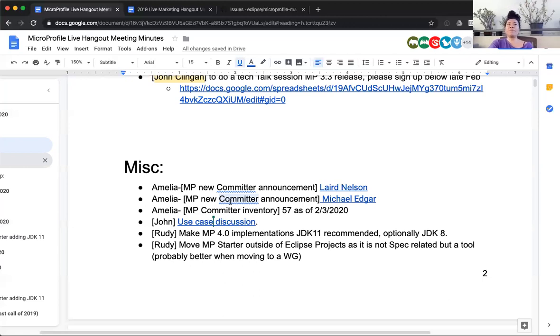Okay, so let me add something here. When we were writing the white paper with Lars and a few others like Lightbend and Fujitsu, we discovered that one of the partners has major data that we could use, not only for use cases, but we can start with that. They have factual stats from what they see their clients and how they use different APIs for MicroProfile. Thank you for adding that.